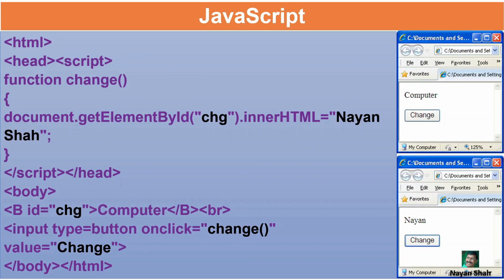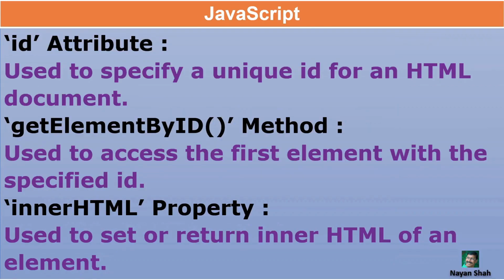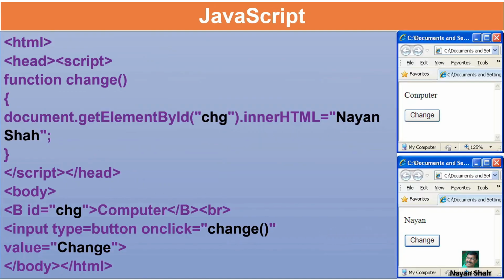This is the example to understand what we studied in the previous slide, that is these three things: ID, getElementById and innerHTML. It is a simple program I have written. This program is not in the textbook, so please follow this program properly to understand further things in the textbook. As you see, the first line is HTML, then head, then script, and then we have written a function. We will not discuss this function right now. First we will go to the body section, and in the body section, if you see, I have written